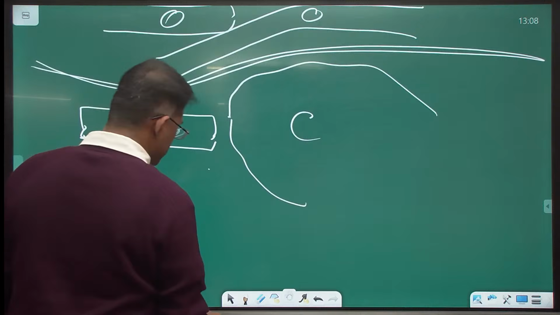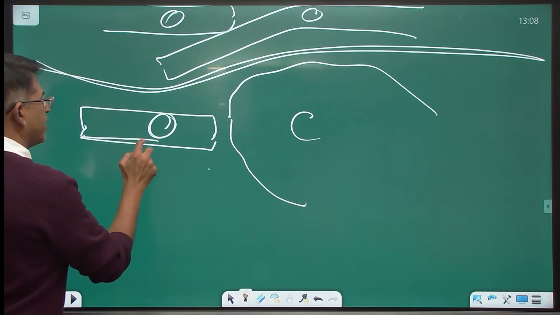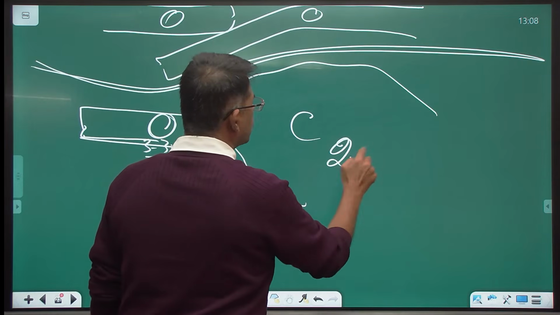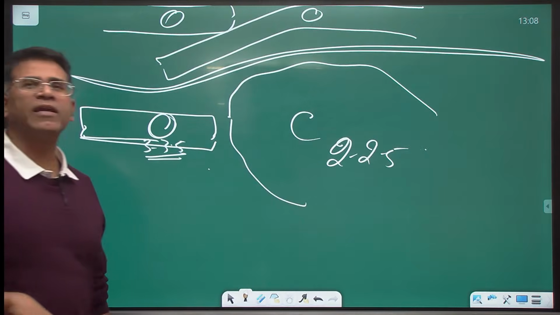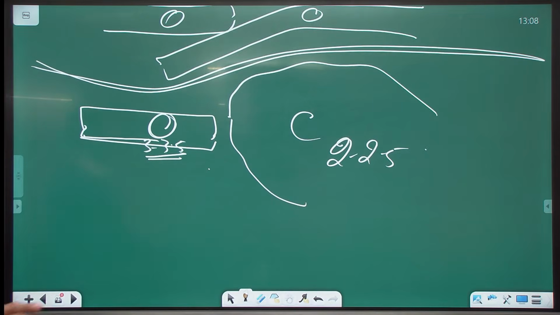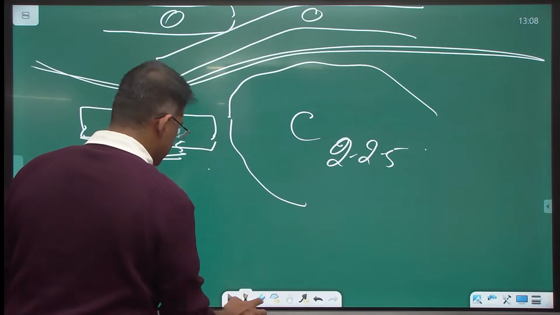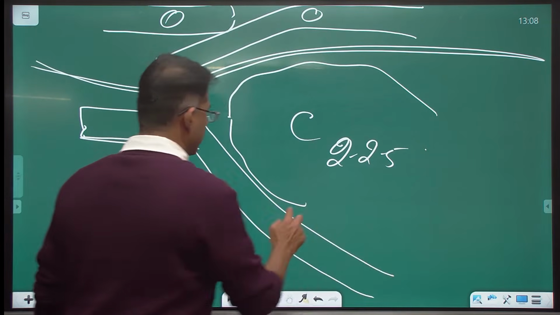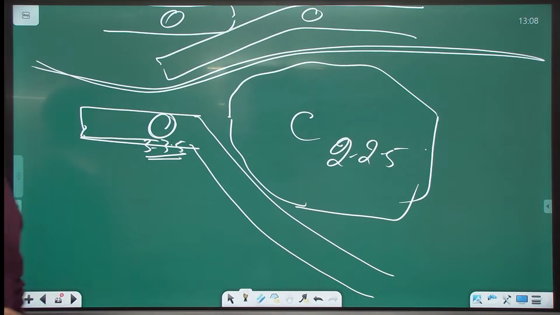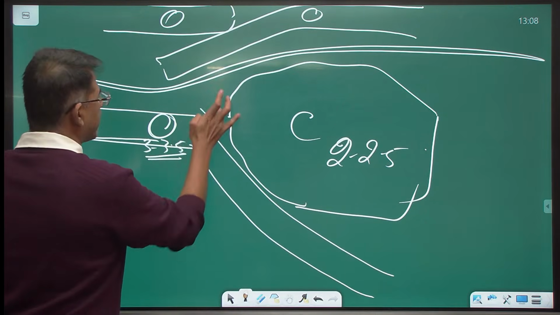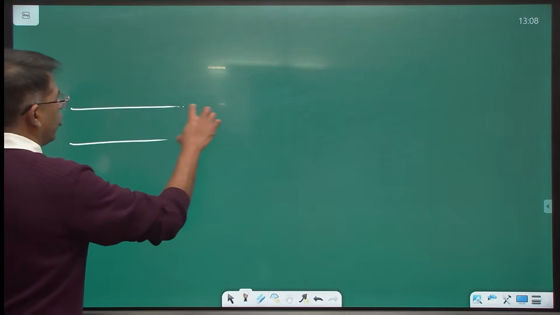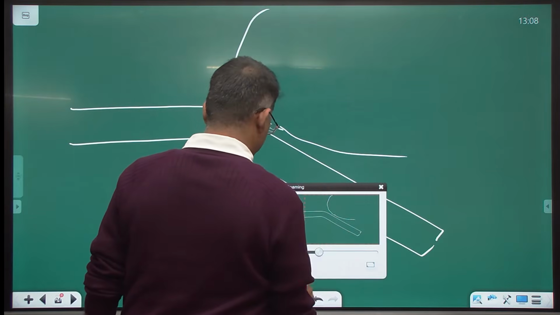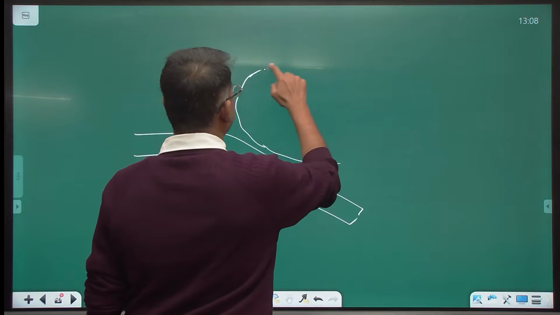Now when this happens, oceans are always heavier, at 3.5 density. Continents are lighter, 2.5 density. When they collide, the ocean will always go down, not the continents. So now the ocean will again go down under the continent. So this creates again a trench. So now we have the ocean subducting and the continent remaining here.